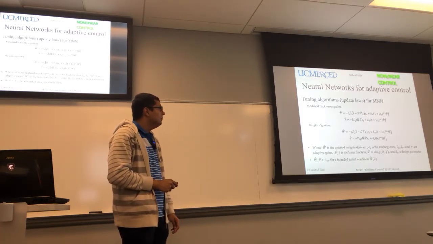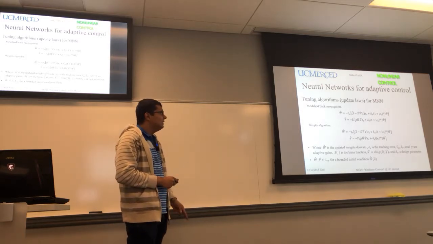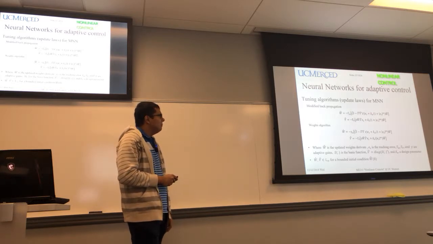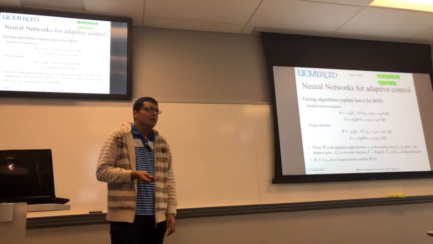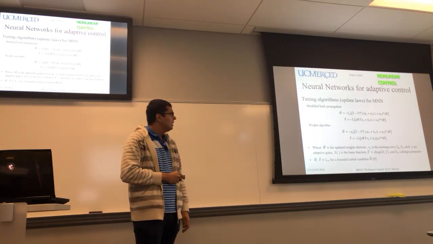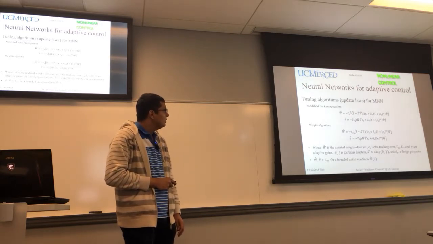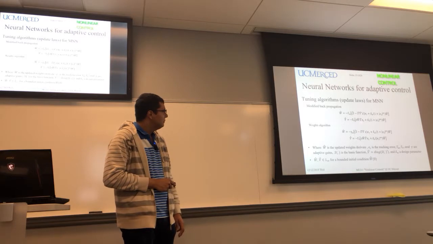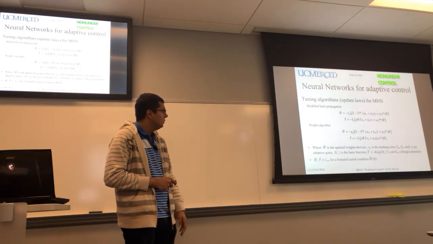Again, we have a tuning algorithm for the multilayer neural networks. In this case, we said that we have two layers, the output layer and the input layer. Here, we have a variation of the backpropagation algorithm. The backpropagation algorithm is the most usual algorithm for updating or tuning neural networks. Here we have W, here we have V. It depends, in this case, on S, the radial basis function, the current weights,